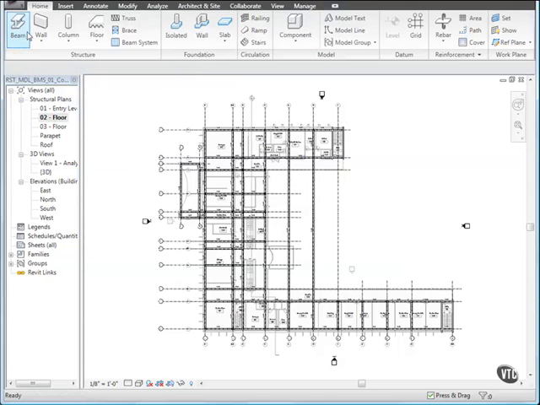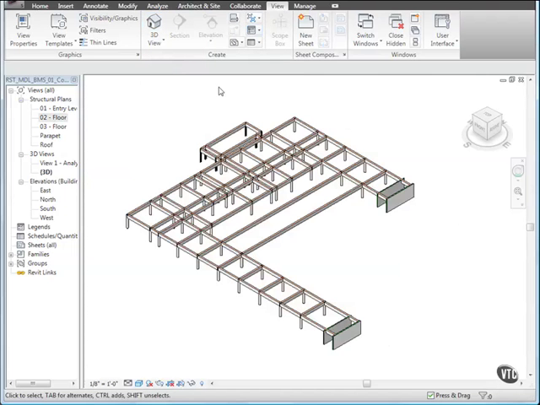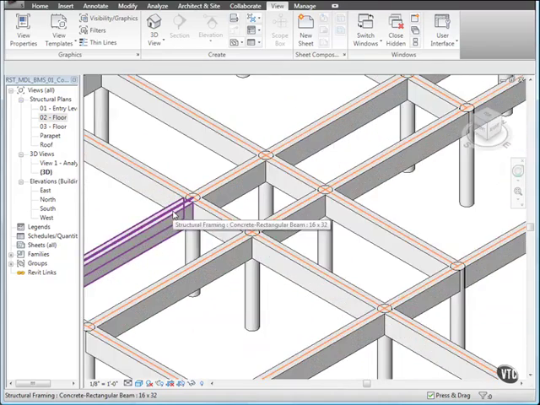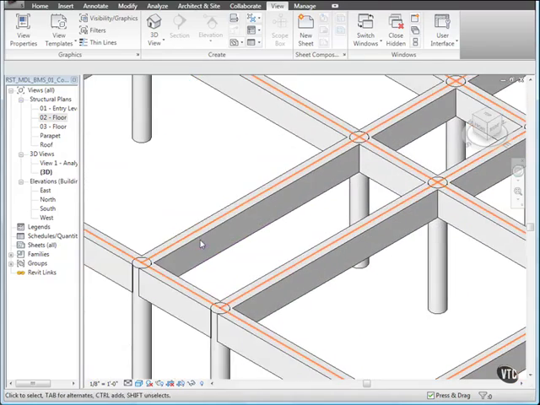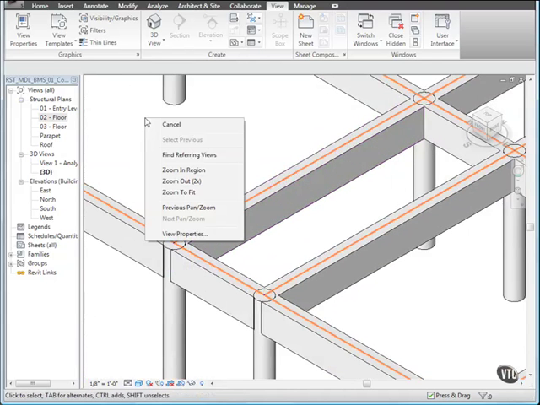Click Modify, and let's view the beams in 3D. Click the View tab on the ribbon, and on the Create panel, click the 3D View drop-down and select Default 3D. Zoom in on one of the beams to see the orange line representing the analytical model. Then, zoom the view to fit in the window,